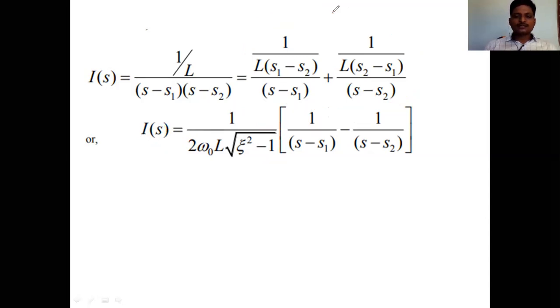In some textbooks you may find a different method, but ultimately we are going to get the same answer. So no need to be confused about that. You can follow Chakravarti also, or you can follow this video, or some other method. Whatever method you follow, you must have the same answer. Methods may be different, but the answer will be the same. Okay.